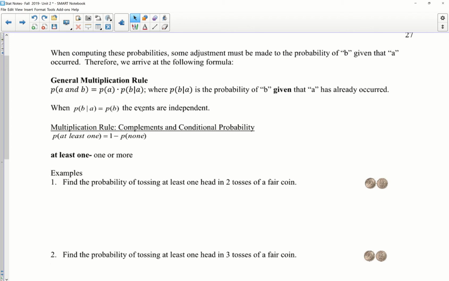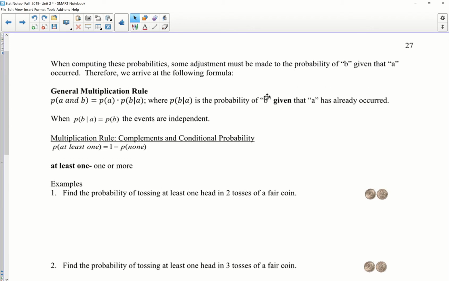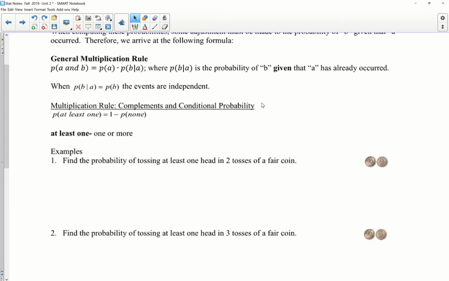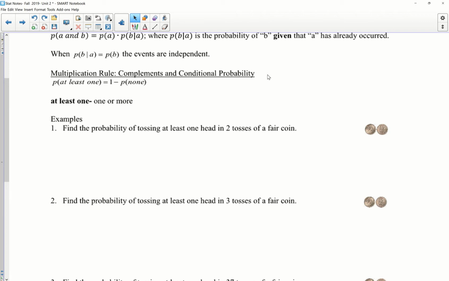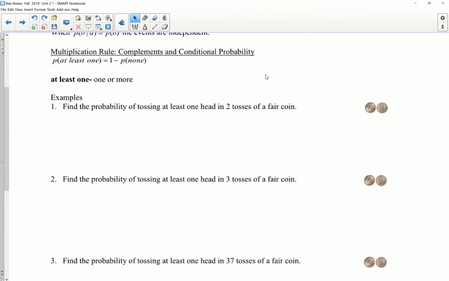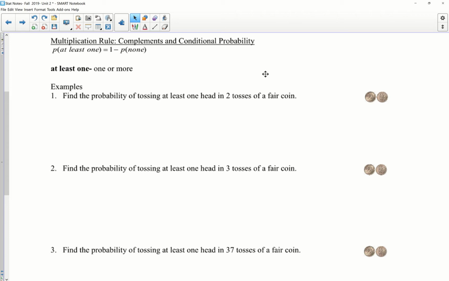So the general multiplication rule, that's everything we just went over, all in textbook jargon, I guess. Probability of A times probability of B given A. I'll reinforce that as we go forward because it's notation that's very easy to lose sight of. Also, sometimes it's hard to identify what the condition is within a problem. Sometimes it flat out says it, but sometimes it's buried in the context, and so you have to mine through the wording of a question